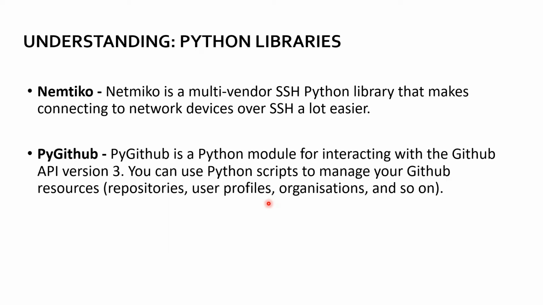Now let us understand the Python libraries which we used in the project. So Python libraries are mainly developed to use certain functionalities of Python. That's why we use the netmiko and Pygithub library for the project. The netmiko library is developed to access the routers and for network automation purposes, while the Pygithub library was developed to access the GitHub modules and repositories. So we use the netmiko library to access the router, and to upload the router config, we use the Pygithub